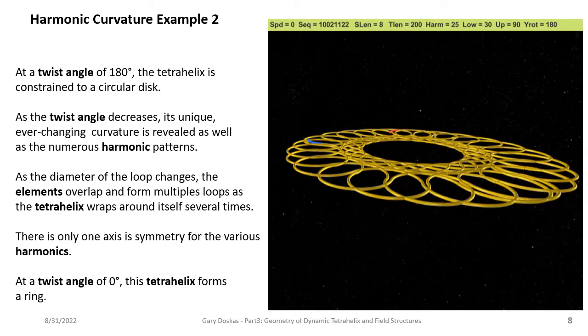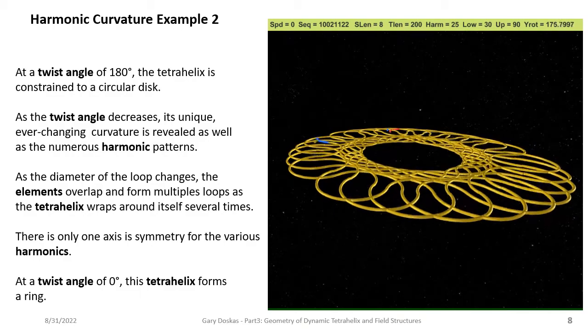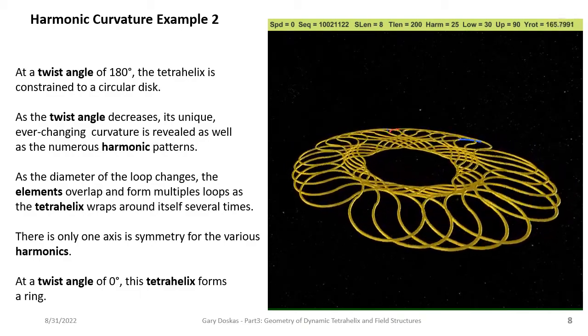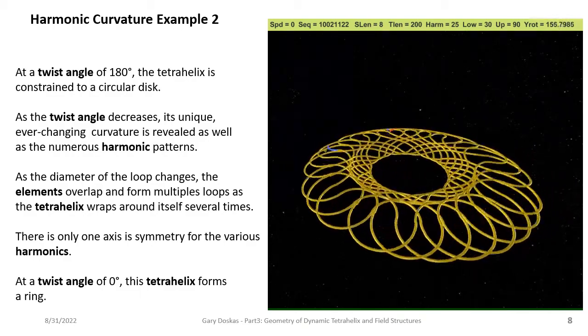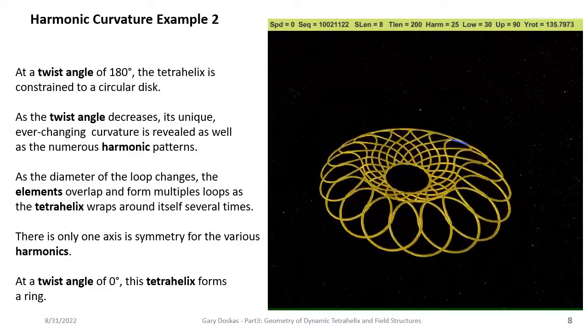Harmonic curvature example 2. At a twist angle of 180 degrees, the tetrahelix is constrained to a circular disc. As the twist angle decreases, its unique, ever-changing curvature is revealed, as well as the numerous harmonic patterns that exist